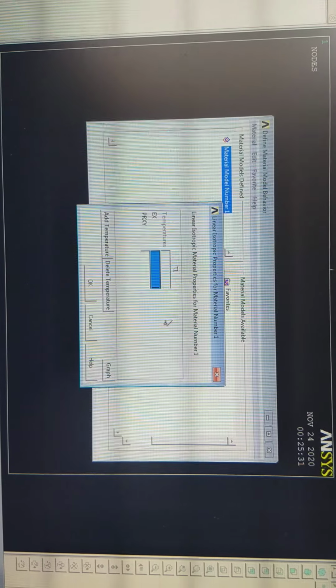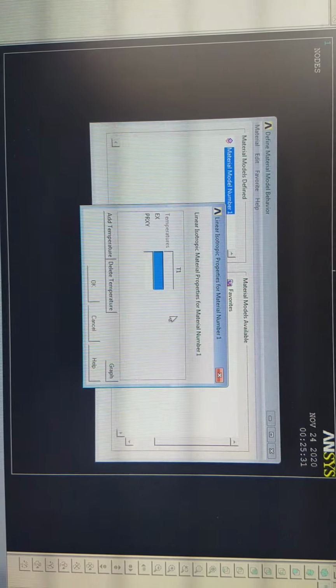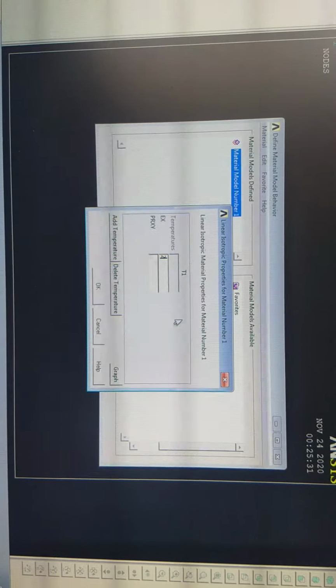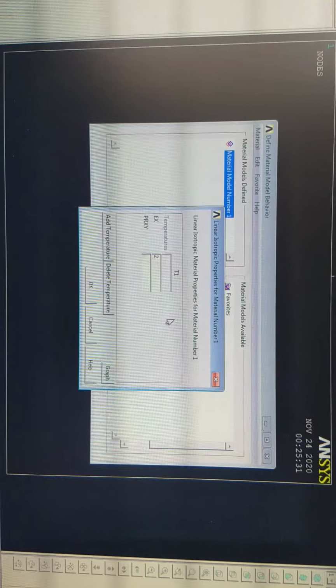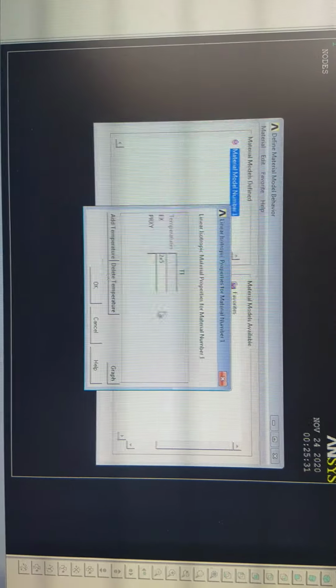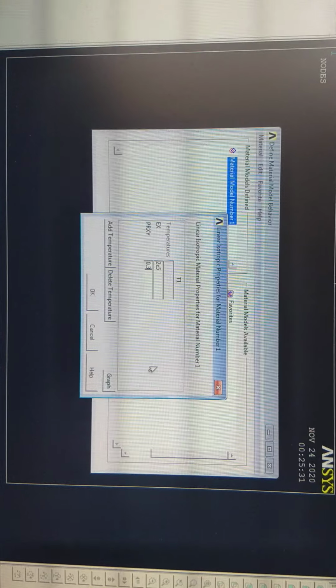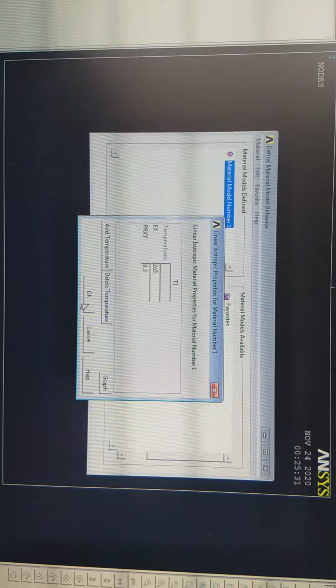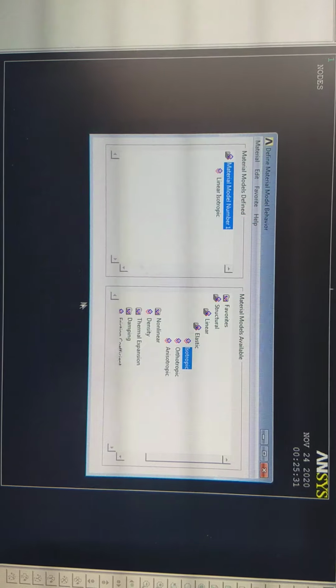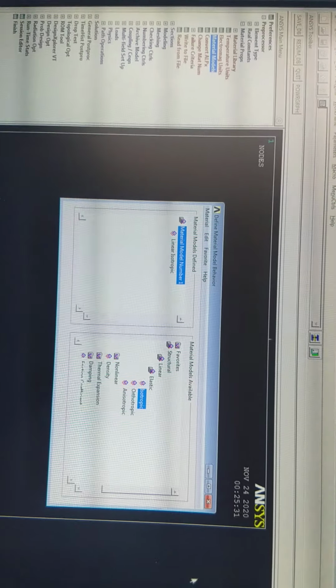In isotropic, it is asking Young's modulus. Ex is Young's modulus. Give here 2e5, and here you give Poisson's ratio 0.3. Since I am taking 0.3 as a Poisson's ratio, considering it is mild steel. Okay, close this